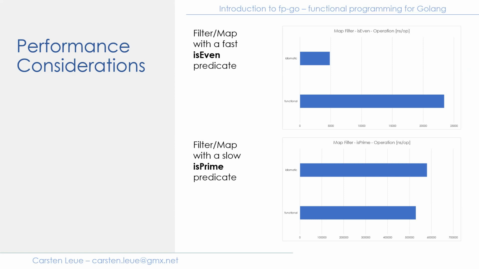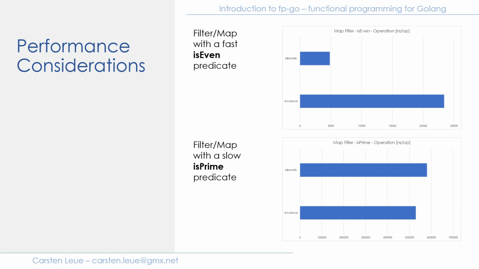The sample code is actually in the open source project for this. With a filter predicate that is very fast, just an is-even operation, in that case, the idiomatic implementation is much faster. But in case the actual filter predicate is a bit slower, such as checking if an integer is a prime and not just if it's even, then it doesn't really play a role. The fact that idiomatic seems to be faster,